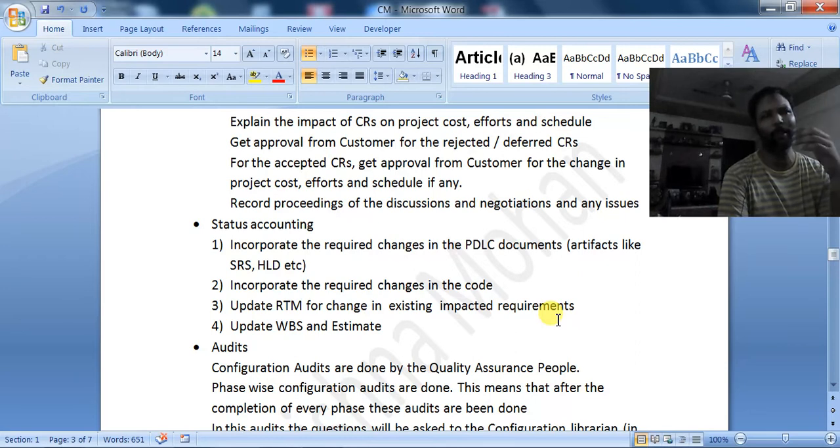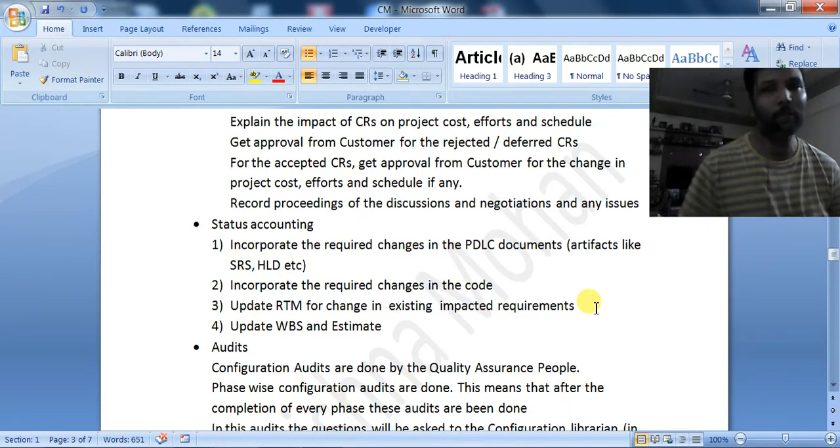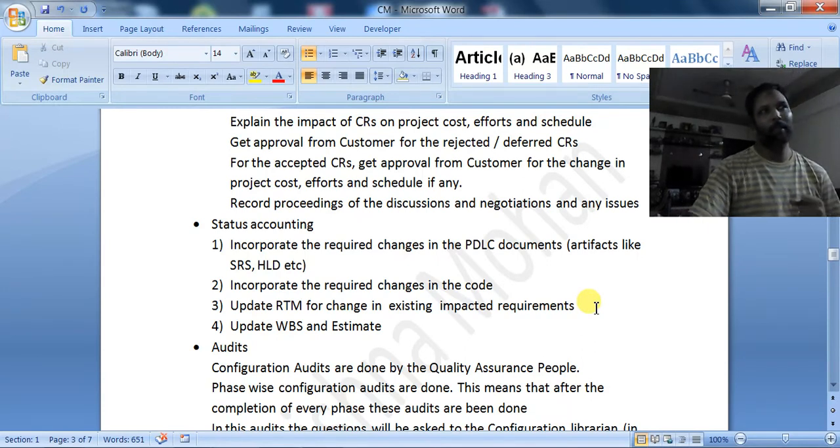New planning means we have to modify the plan, not plan from the starting onwards. We have to estimate how many man hours it will take to develop the new requirements. We have to update the work breakdown structure.